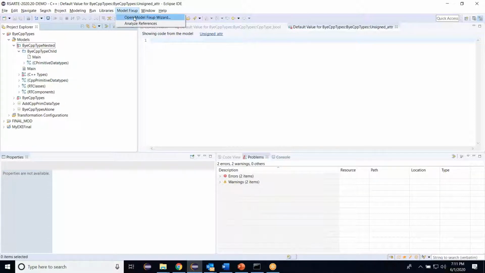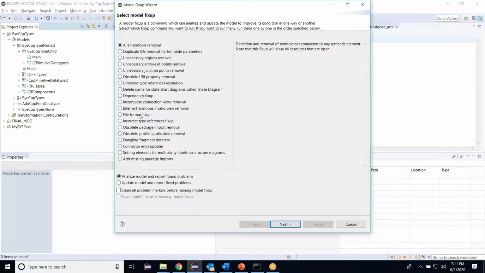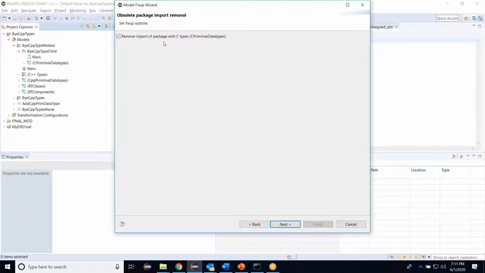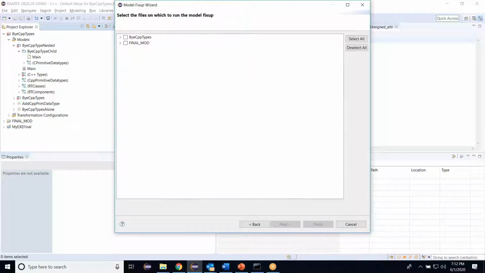So if I go to model fixup, open model fixup wizard, obsolete package import removal, update. We have the optional choice to save or not save the model when we do a fixup. So I do a next. Here also we have the choice whether we can choose to remove C primitive data type. Currently I'll make the choice as yes.